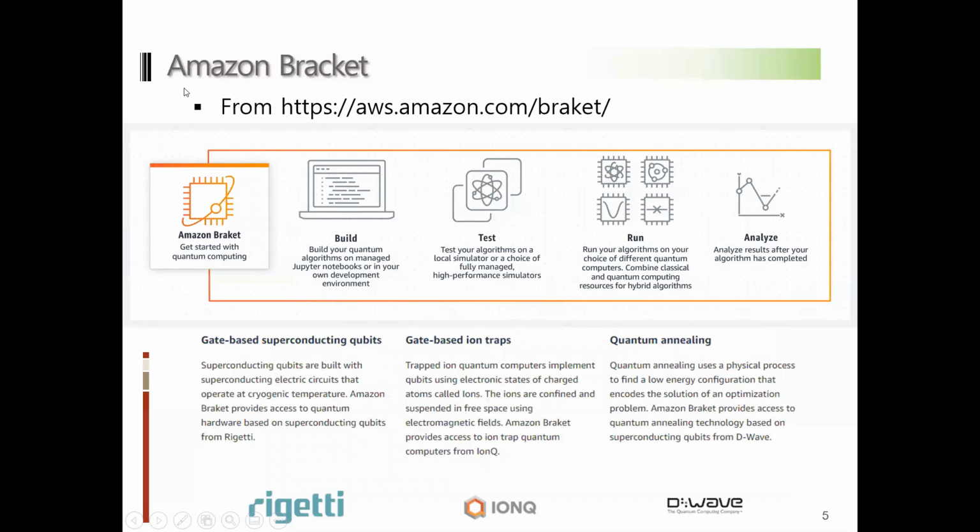Another option is Amazon Braket. Oh, there was a typo, there is no C. You can see why they call their service Amazon Braket. The model is very similar to the other options, but the advantage of Amazon Braket is that you can access this quantum computer service using the same interface as AWS. Once you log into their server, in principle, you can just program